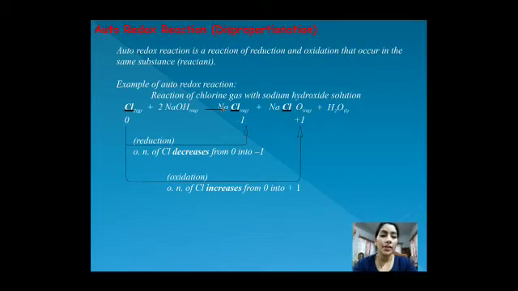So we have studied different definitions of oxidation and reduction. The first, preliminary definition: addition of oxygen and removal of hydrogen is oxidation. The second: removal or donation of electrons is oxidation, and acceptance of electrons is reduction. Now the advanced definition in terms of oxidation state: a decrement in the oxidation state is reduction, and an increment in the oxidation state is oxidation.